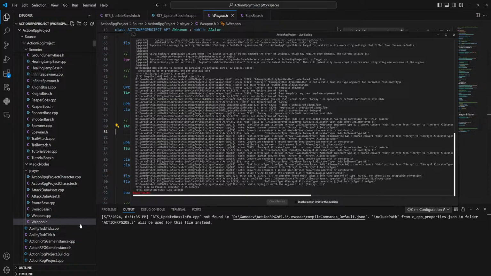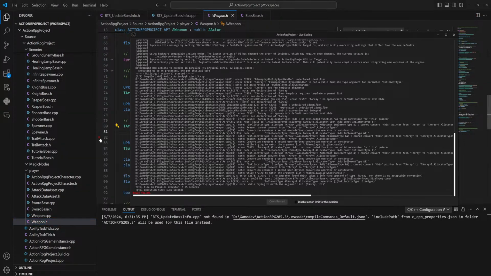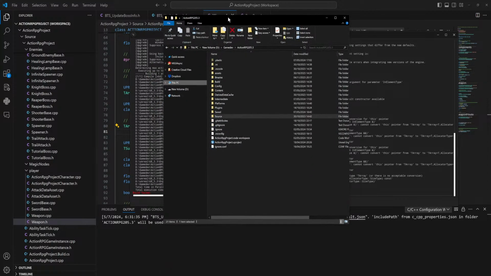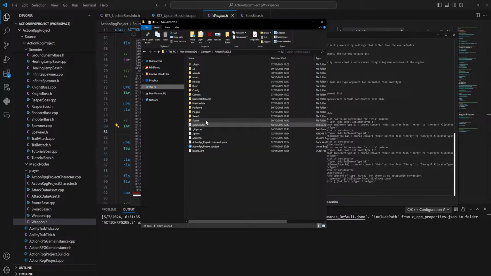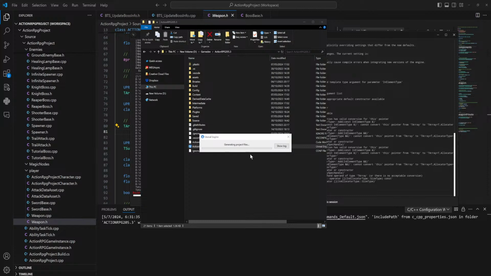You know what? What we're going to have to do is just reveal this file in Explorer real quick. I will pull it over to this side of Restream. And then what we are going to do is right click on this, generate project files, and sometimes that fixes weird linking stuff.